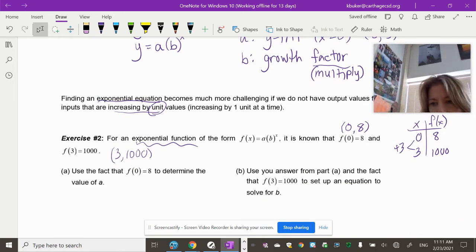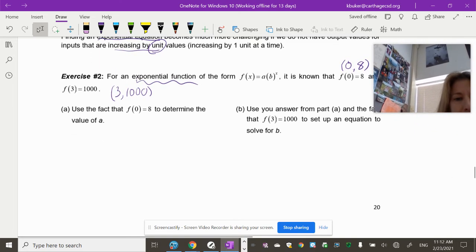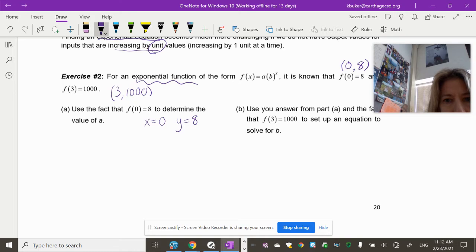And eventually we're going to use systems of equations. So this says use the fact that f of 0 is 8 to determine the value of a. Well, we know when x equals 0, y equals 8. And we have this equation. All right, so this f of x is the same thing as the output. It's the y value. So I'm going to put 8 equals